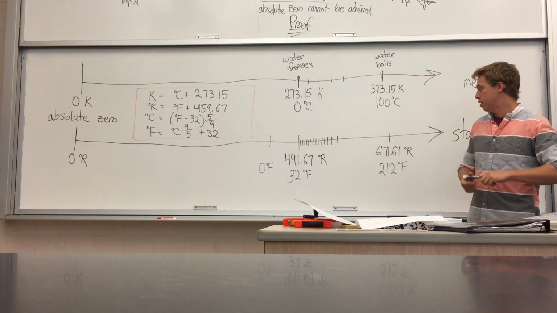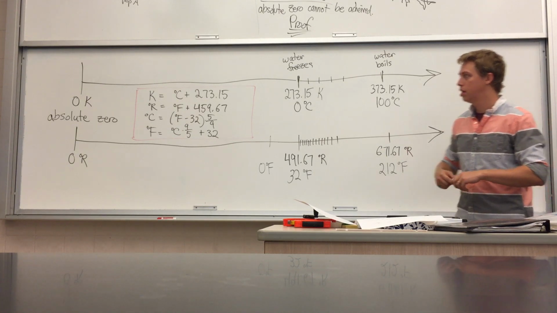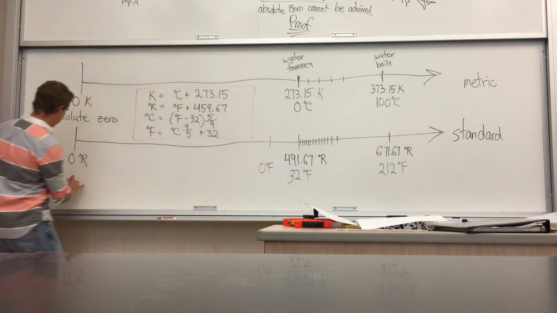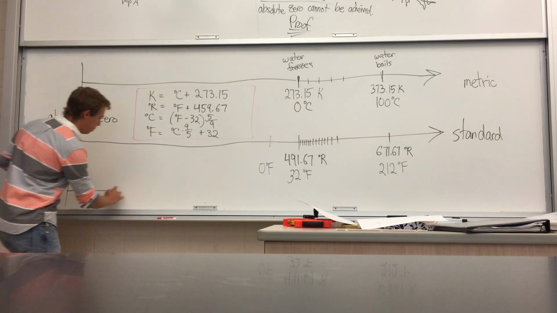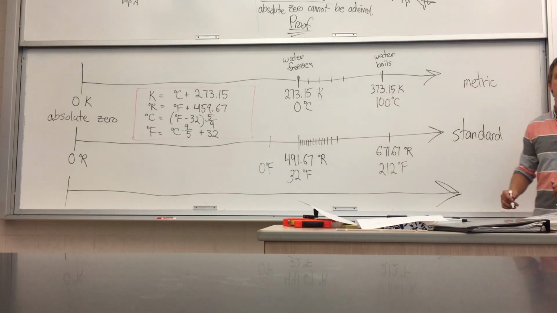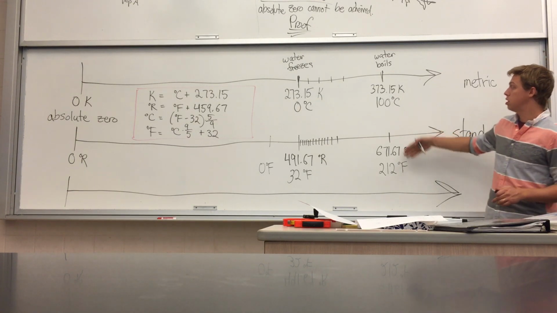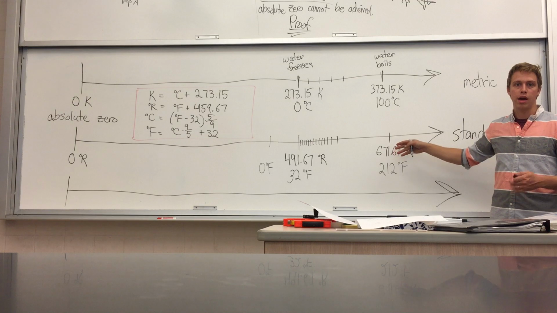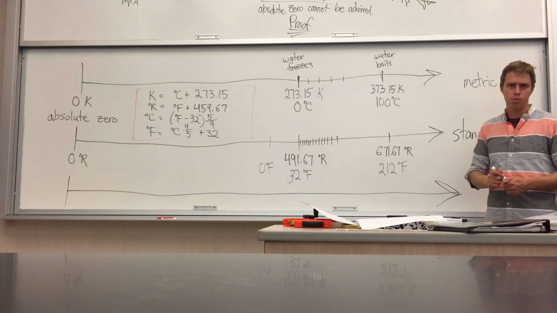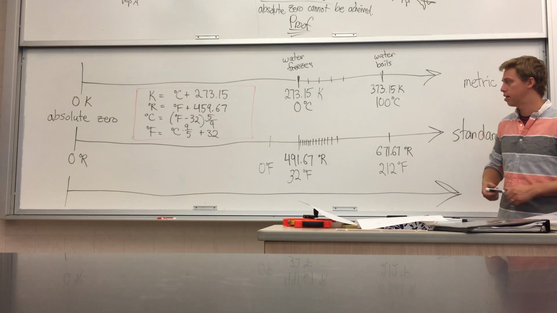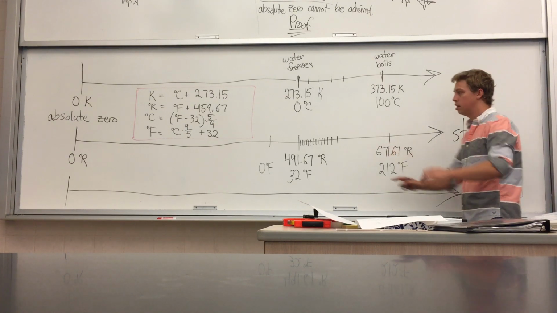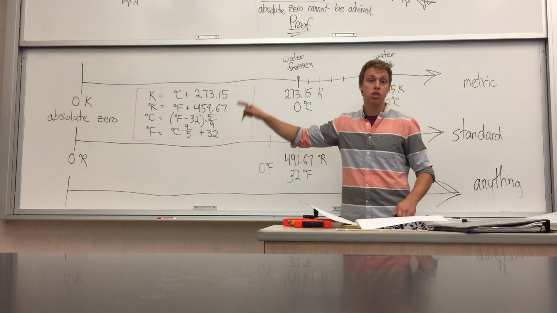All right? The last thing I want to point out about this is that, and our book spends a lot of time on this. I'm not going to spend nearly any time on this, but if you read the book, this is kind of explaining this. Okay, I could write down a third scale, and I could make my own scale. So I hope you're seeing, if you look at these, they're kind of arbitrary. They're kind of just picked. Like somebody just said, oh, that sounds good, that number, we'll go with it. And there are reasons behind it, but all the reasons are kind of arbitrary, all right? So this could be anything. As long as my 0 matches absolute 0,